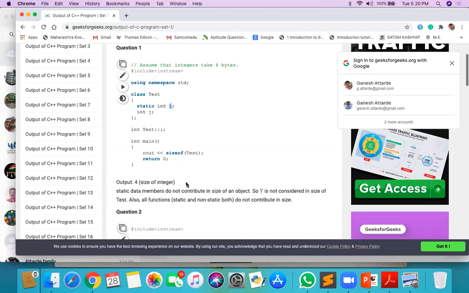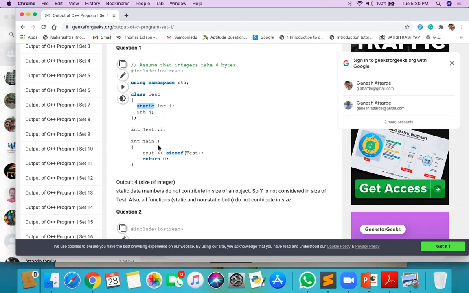You can see here sizeof(test). If you give the size of test, the size is 4 only, the size of an integer, though you can see there are two integers. One integer has 4 bytes, so it should be 8 bytes if the static keyword is not there.